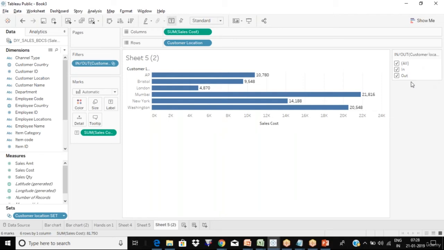So see, this In and Out, sometimes, let's say you are looking at certain cities. You have the list of cities, there are 50 cities, but you are always interested in 10 cities.